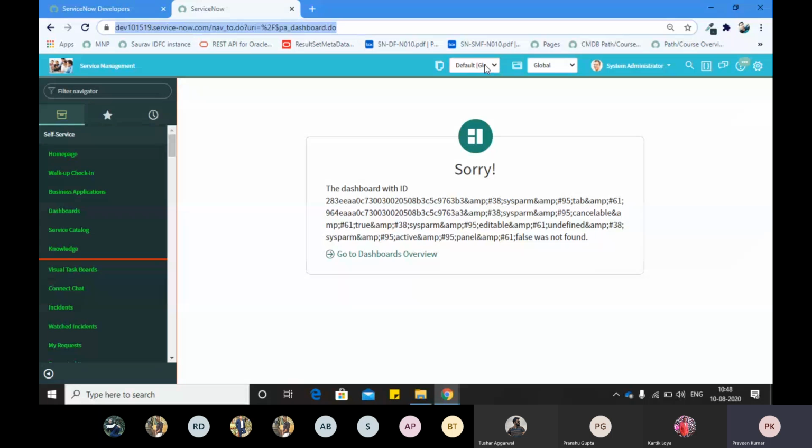These options you are seeing here, you will not see when you first log in to your instance. I will tell you how these options will come and how they will help you. First of all, this complete window is divided into three sections. The top section is the banner, and the left section is called the left navigation panel.